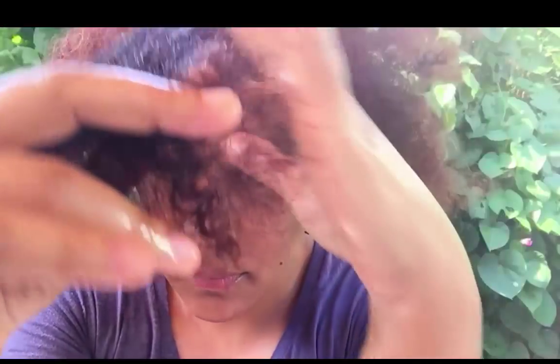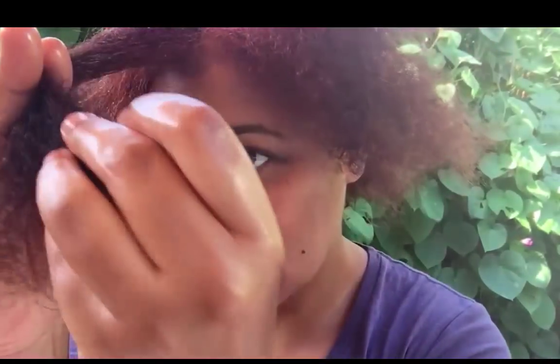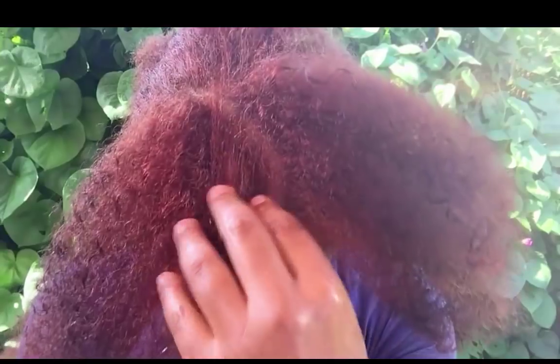But this coconut oil is just completely softening, and it's making my hair so nice right now. It's just sucking away all that dryness. My hair loves coconut oil. It's great. And so after I do